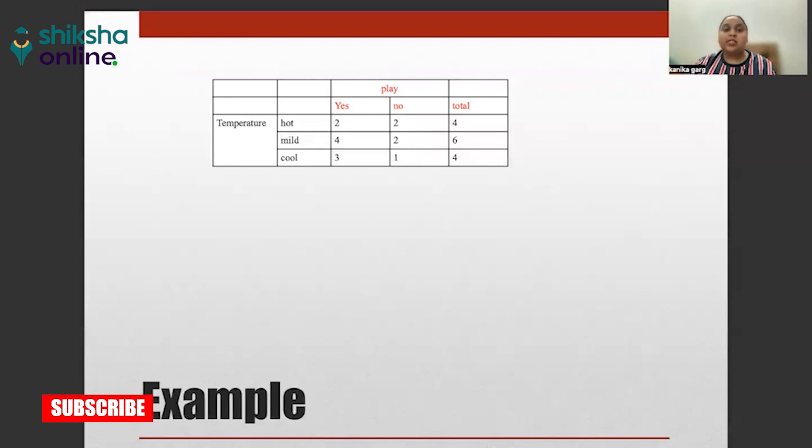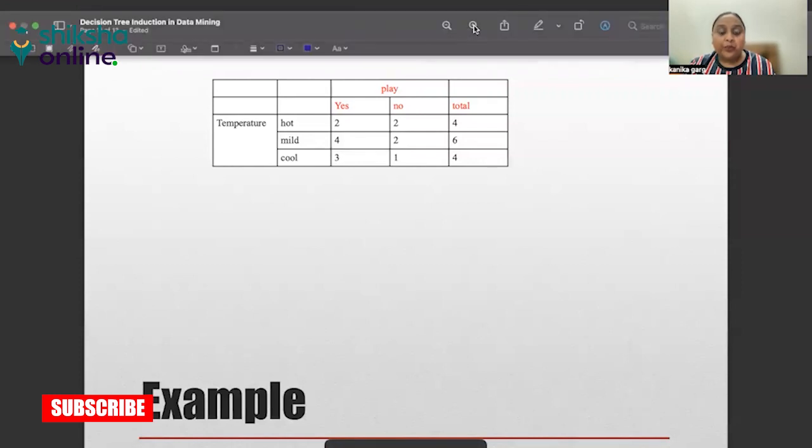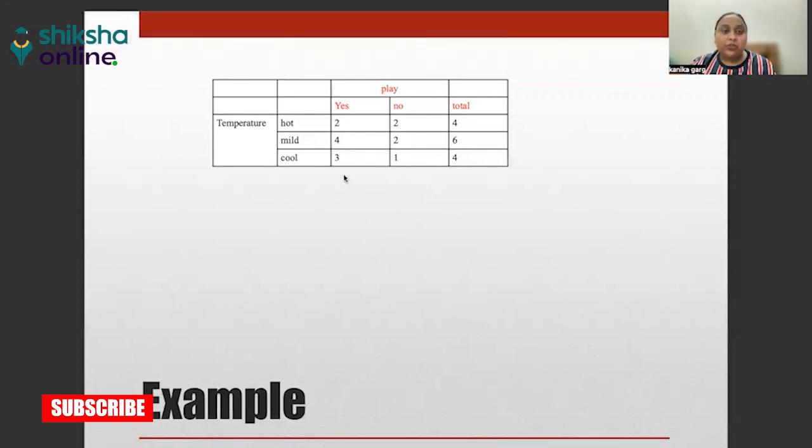So in our case, when you go further, the value for outlook will be the highest. So outlook will become your root node, and then it will give these three value nodes,